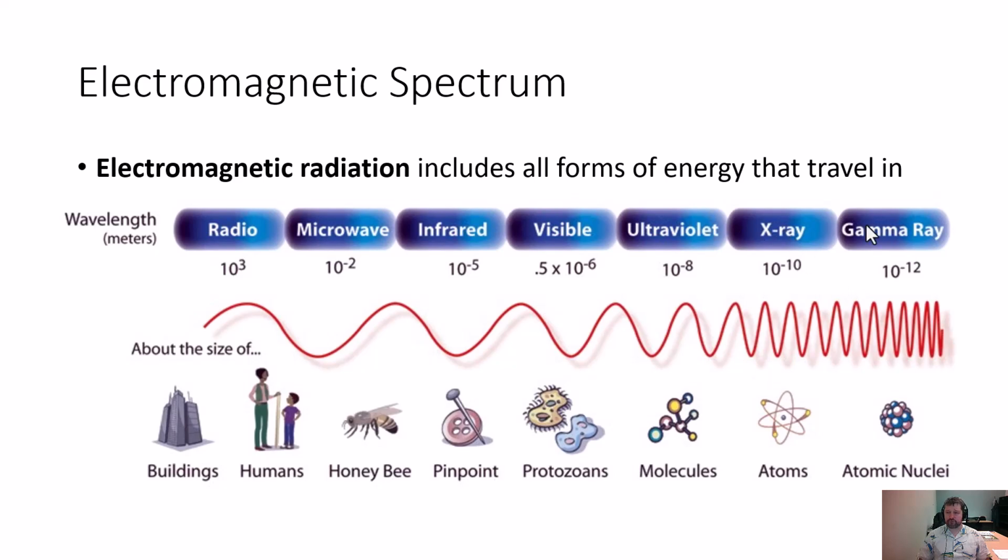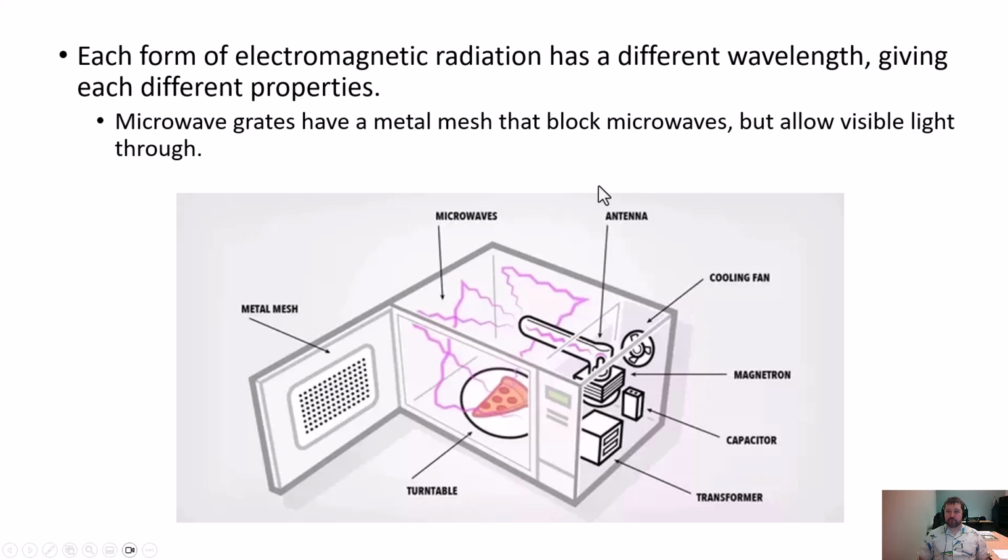We can also use some of these in order to treat foods and other things. But regardless of that, that's the electromagnetic radiation that's coming from the sun that travels to the planet every second of every single day. Okay? So if we look at something like the microwave,